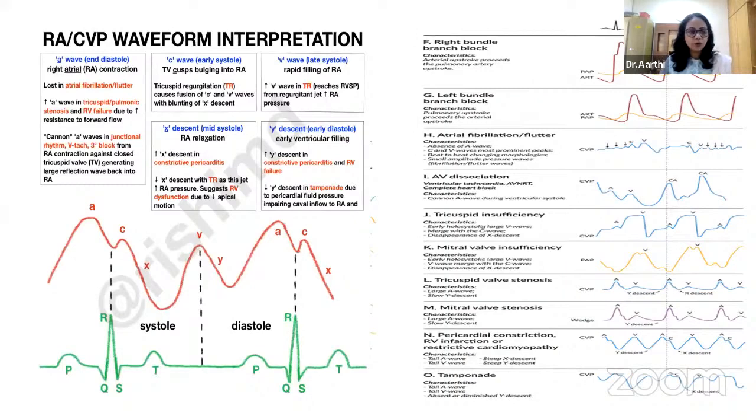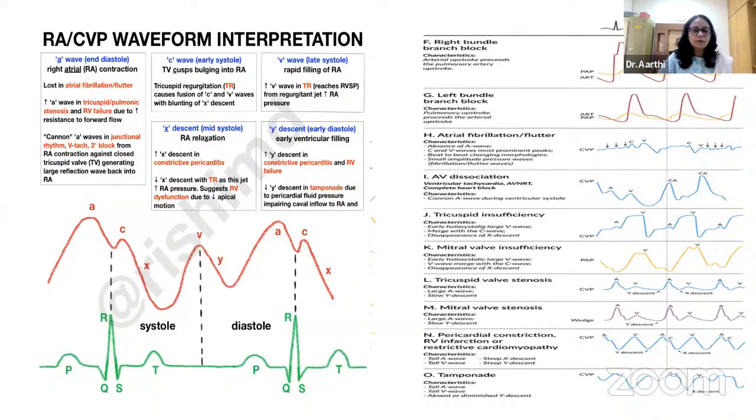So just to brush up the knowledge, CVP tracing has 3 positive waves and 2 negative deflections: A wave, C wave, and V wave. So the A wave is due to atrial contraction. It is normally lost during atrial fibrillation, and cannon A waves are present during junctional rhythms or third degree heart block or ventricular tachycardia. The C wave happens during the early systolic bulging of the tricuspid valve